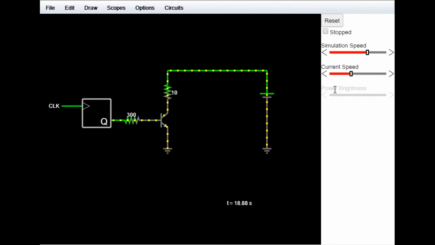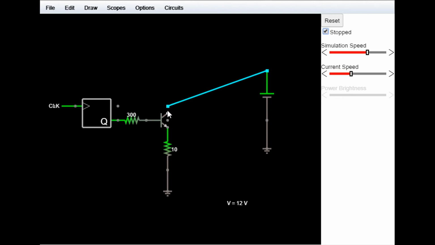Now I want to take a moment to analyze the positioning of the components in the circuit. What would happen if we took this and put it down here? Would that work? Well, yeah, it drives the motor still, but notice that the current going through the motor is a lot less. We're not getting 1.2 amps anymore. We're only getting 330 milliamps. Can you think of a reason why that might be happening? Pause the video now and try to think about it for a second.